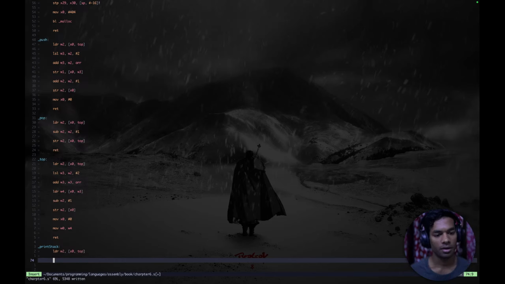After that, what do I want? I want to print a new line. Get the page address for the NL label in the 0th register, and add to the 0th register the offset for that, and then just branch link to the printf function. And after that,